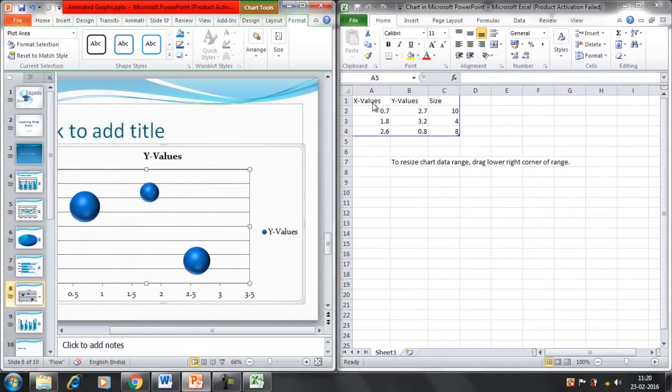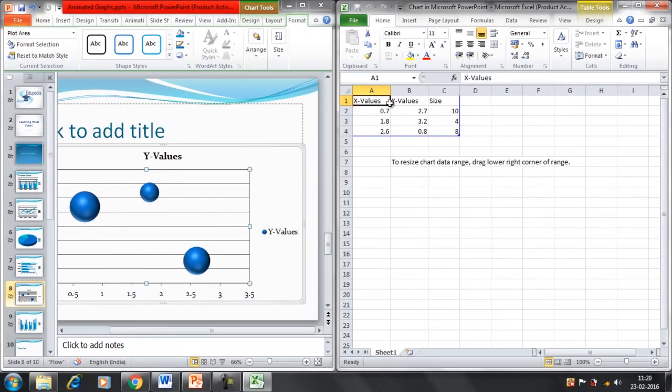okay, now these are the values. You have the coordinate values here, the x-axis and the y-axis, and after that you have the size here. Now depending on the data, you can choose what kind of format you want, in which you want to show or represent the data. So these are the x values, y values, and the size. You can change that accordingly, whatever values you want to put in here, whatever things you want to represent.